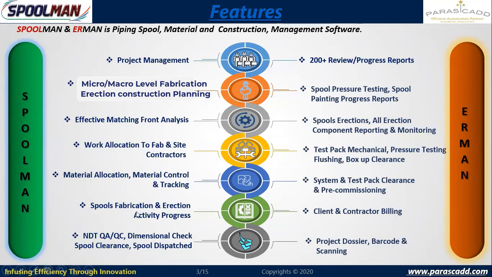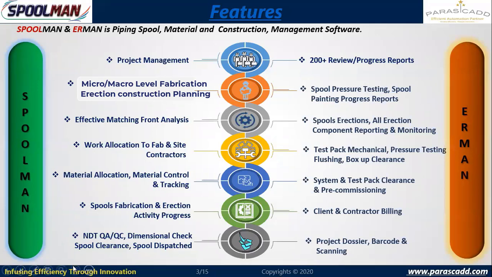And the spools will be fabricated, and once the spools are fabricated, they will be painted. And if an internal hydro test is required at shop level, hydro test will be performed, pressure test will be performed, and then painting will be completed. And temporarily it will be in a lay down area, then it will be dispatched, and it further goes to erection, and the erection process will continue.